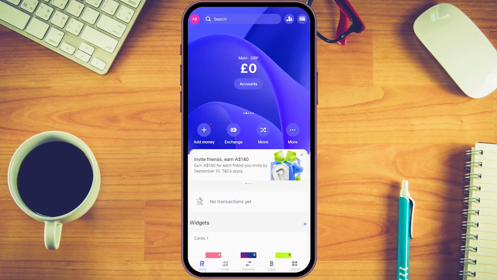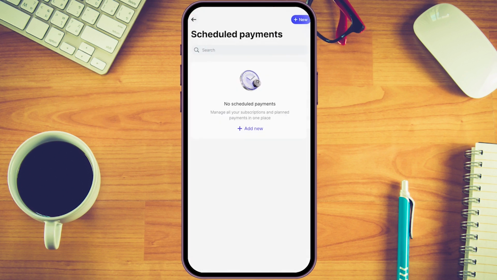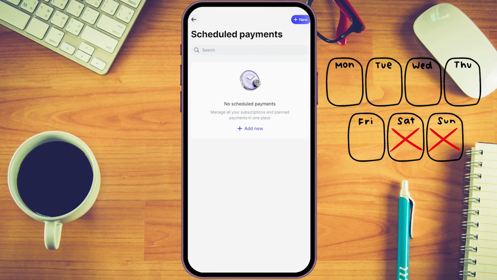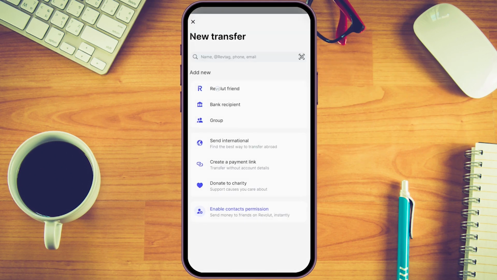Now the next part, which I believe is the most important part, is to send money internationally with Revolut. And to do that, you would click on payments. Then you have 2 options. The first is to click on the calendar, which allows you to schedule a payment. You would do this once again if it was a weekend and you don't want to get charged fees, then you would simply set the date to a weekday, and in a few days time it would do the transaction automatically for you. Then you just click on this plus button here, and now the new transfer page will come